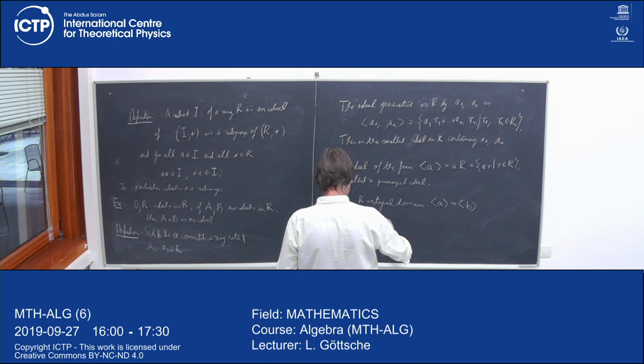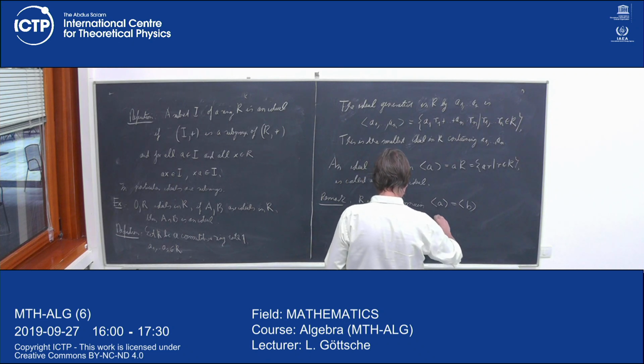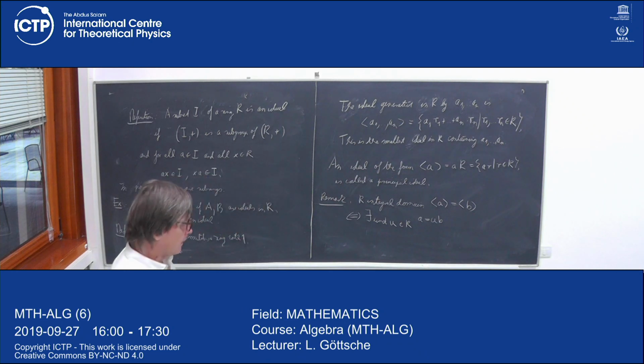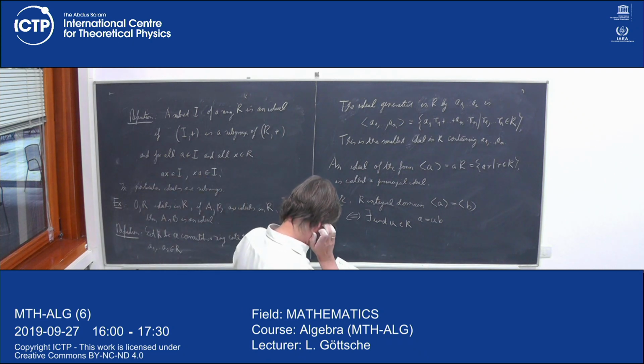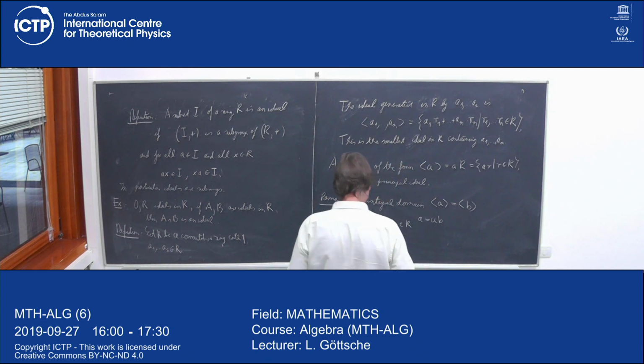It is the unit U in R such that A is equal to U times B. It's kind of trivial if I don't. So if A is equal to U times B,